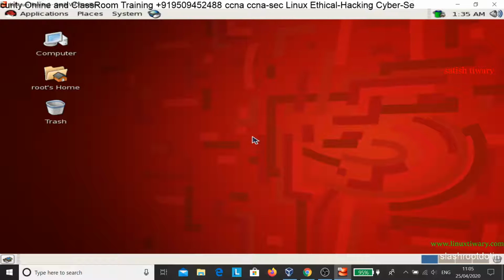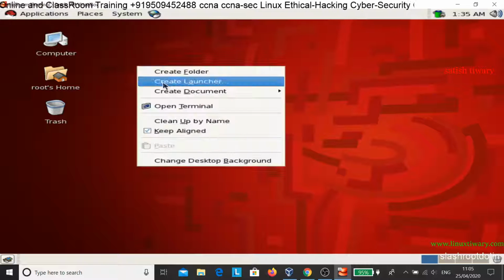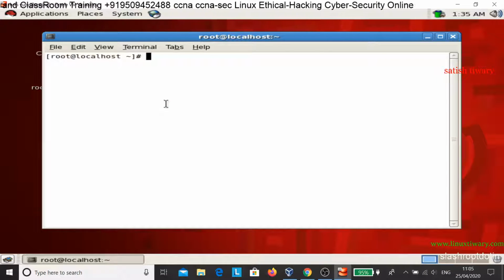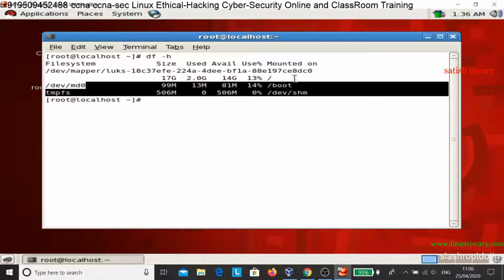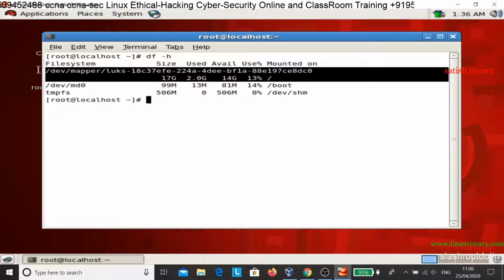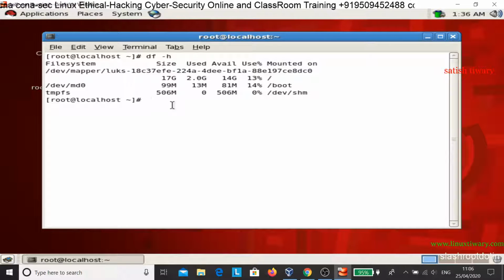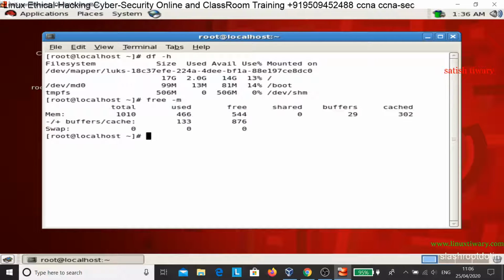Now once we have done this, open the terminal and first check df -h. So you can see your boot partition on RAID, /dev/md0. Okay, and I can see your slash is on /dev/mapper. Okay, so we have not created swap. Okay, I think we forgot to do it. Okay, you can check swap. So there is no swap, we forgot to create swap. Don't worry, I will show in the next video how to create swap during installation. So we have created LVM and RAID.